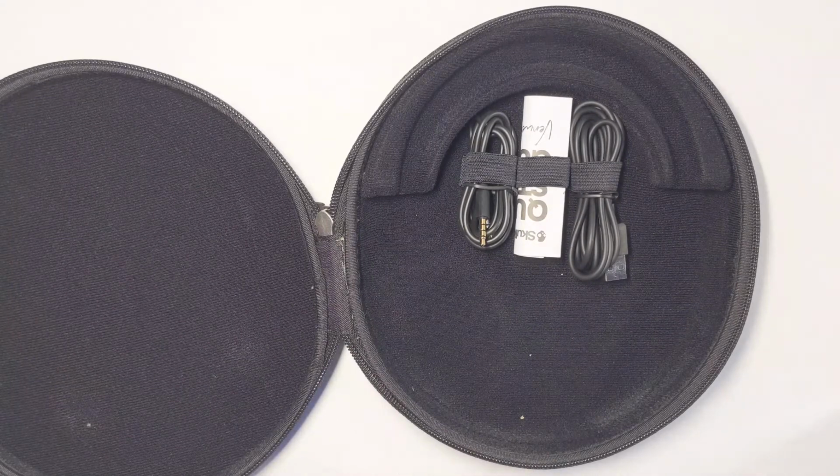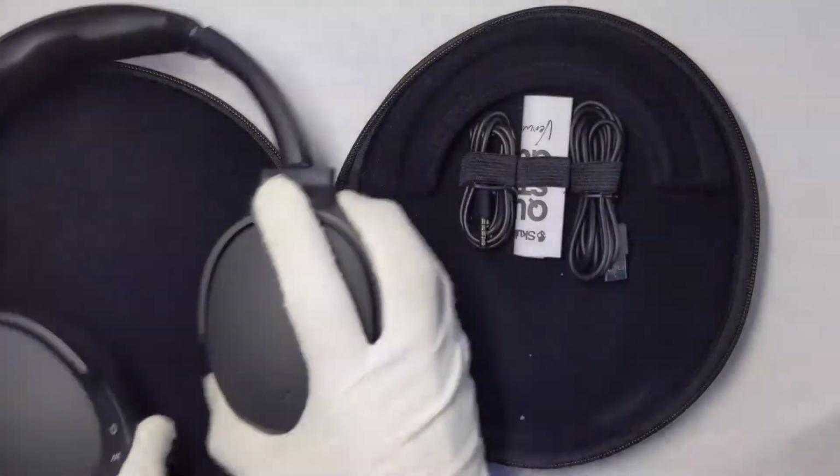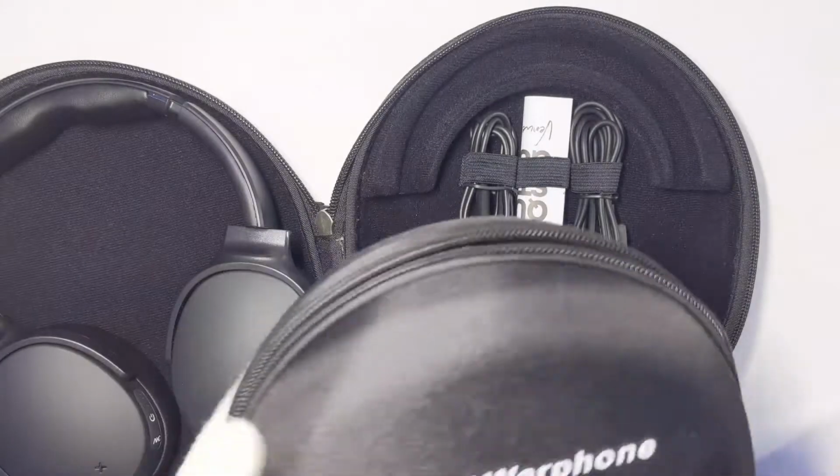Oh, wow. Okay. Yeah, I can hear the difference with the active noise cancellation. Yeah, okay, it's legit. This is legit active noise cancellation on board. So you got some legit headphones here. Let's test out these headphones, compare them with